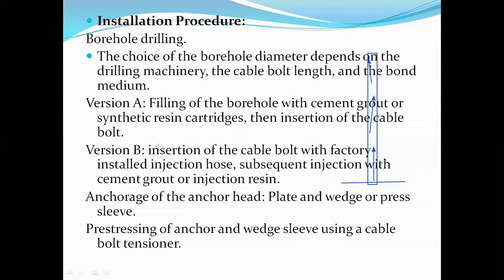And the second case is where the cable bolt itself contains some kind of hose pipe. First insert the cable, which contains a hose pipe, as I will be showing in the next slide, and through the hose pipe you will be injecting the corresponding grouting material. Then we'll be tightening the bolt, with either of these two, by fixing the clamp and the corresponding nut and bolt at the ends of it.